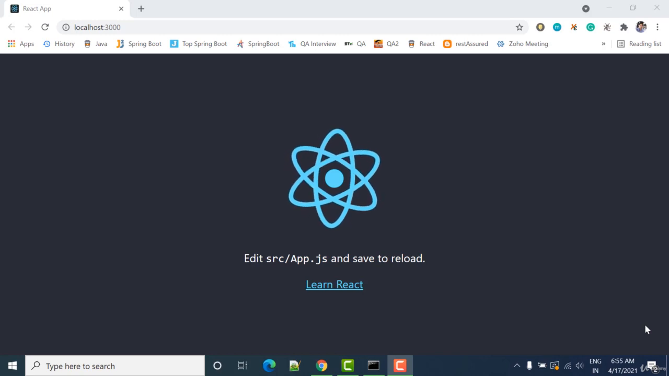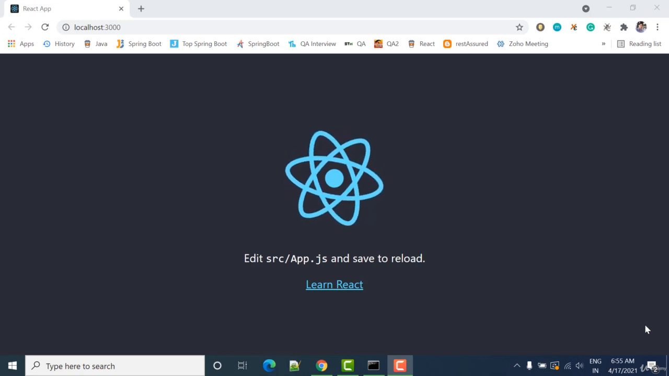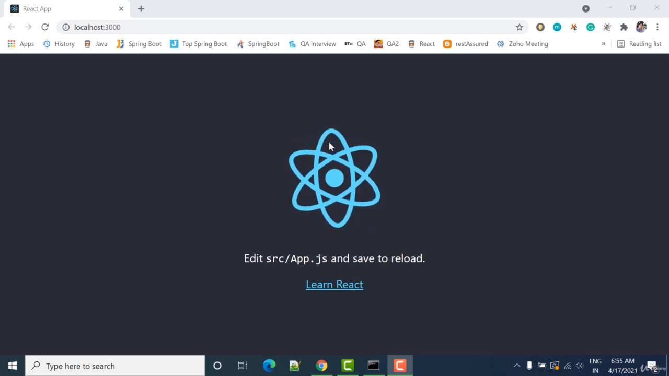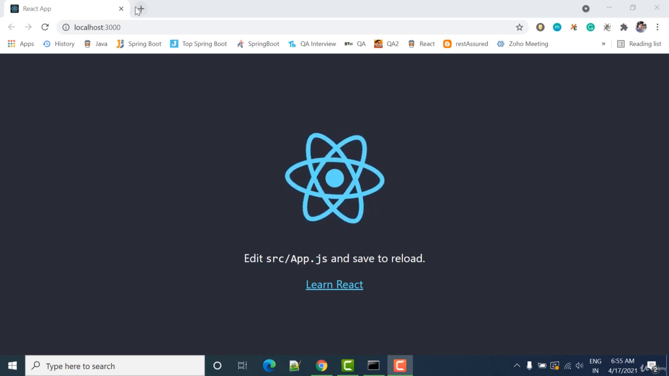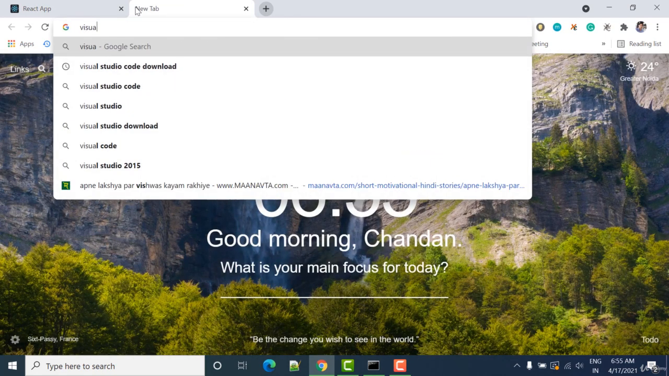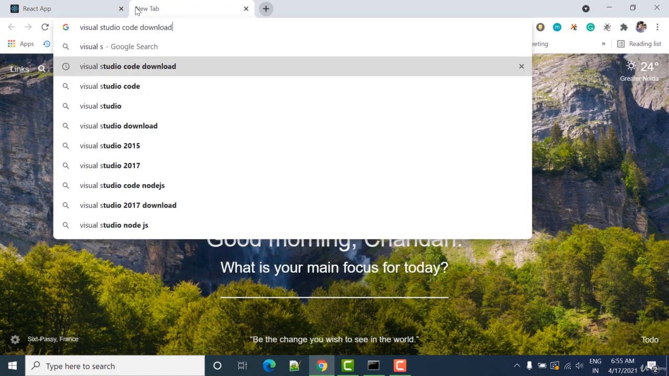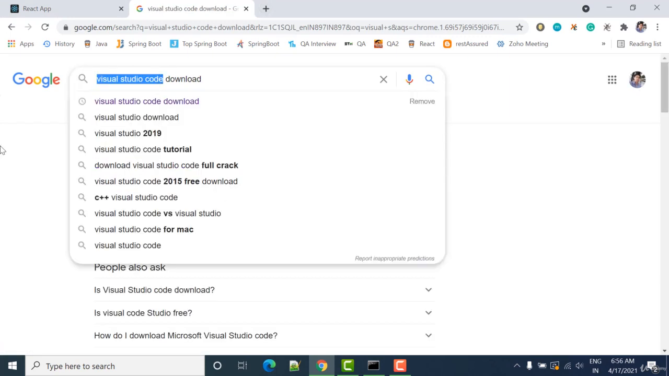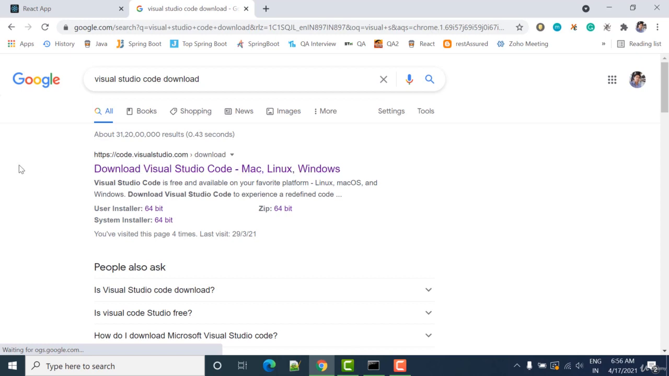Now we have to work on the to-do app, and for that we need one IDE where we can write code. For ReactJS, mostly we use the Visual Studio IDE, so we will install Visual Studio Code. Basically we have to install Visual Studio Code and then download it. So once you write it here, click the first link,